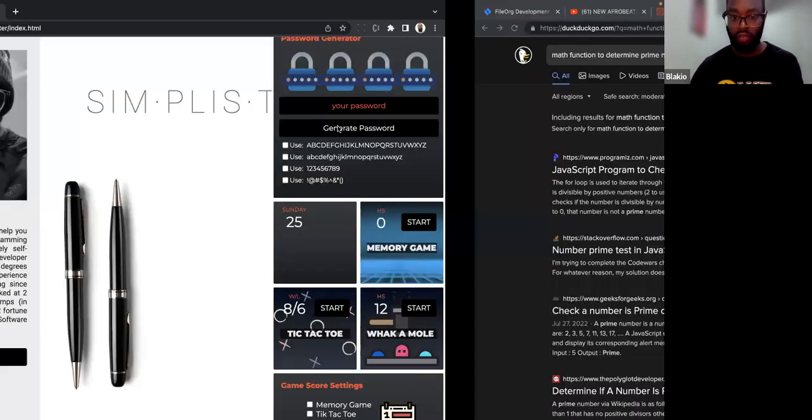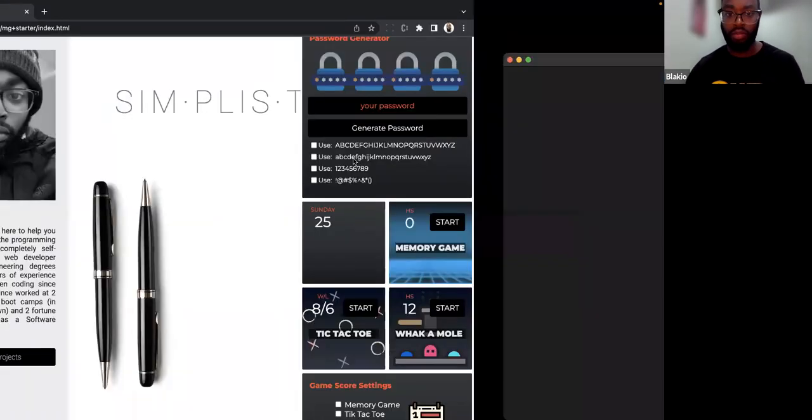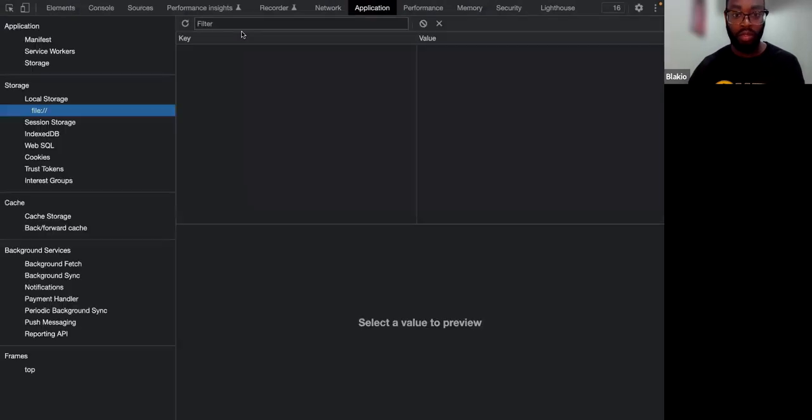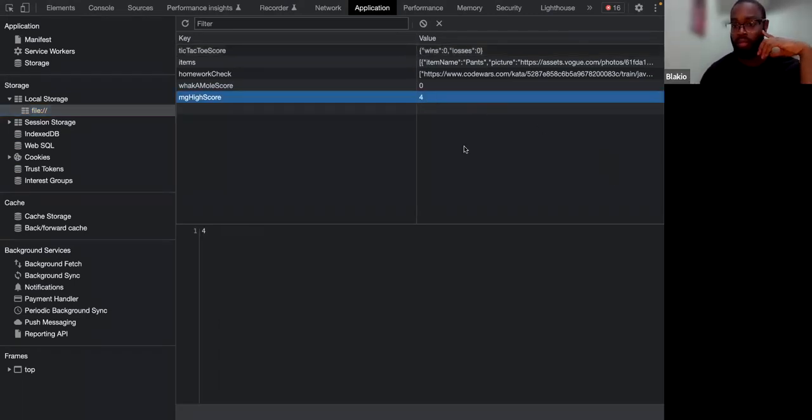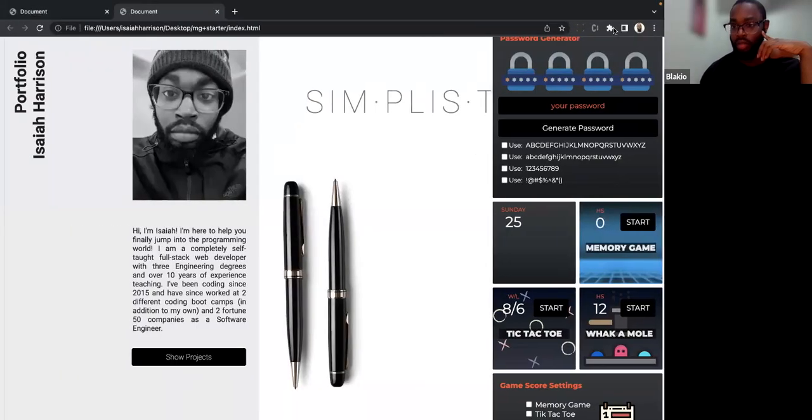Actually, let me clear that from local storage. I feel like it might be in local storage somewhere. Clear that. But obviously, we're not referencing the value. And actually, let's start with it. I'll just leave this here. All right, so right now it says 0, right?